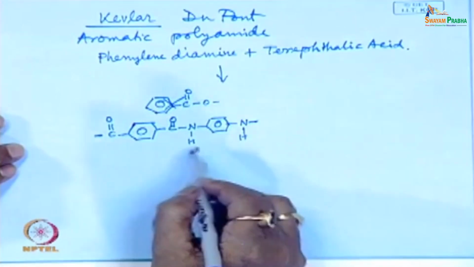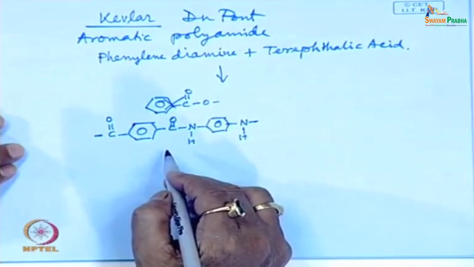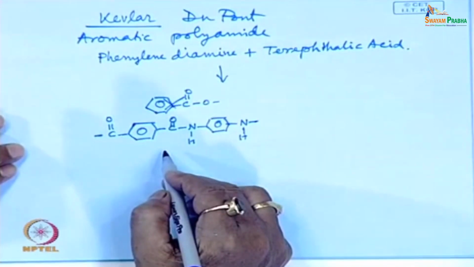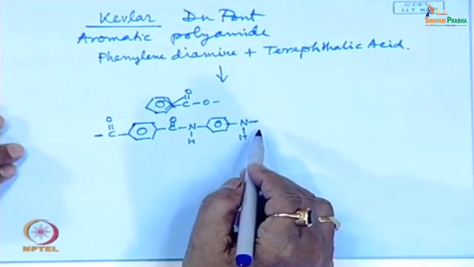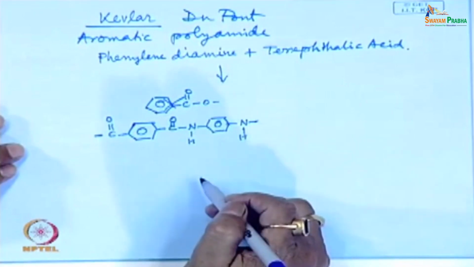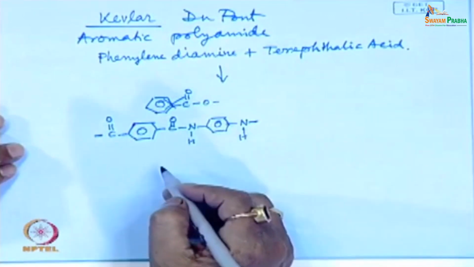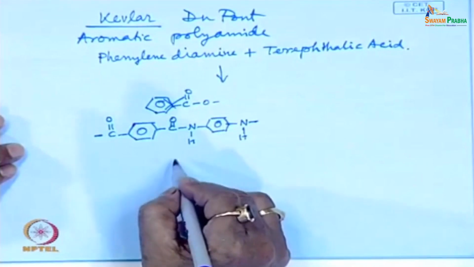Phenylenediamine and terephthalic acid, aromatic polyamide, Kevlar, not iso. If you take isophthalic acid, the polymer will be different. It gives the highest melting point, melting transition in that series. So, you can take terephthalic acid, isophthalic acid